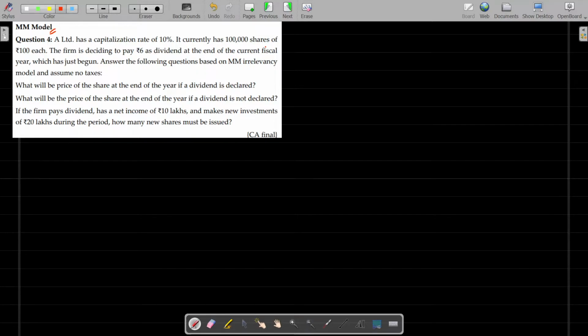What he says is dividend irrelevance. Whether you pay the dividend or you don't pay the dividend or partially pay the dividend, it may affect the share price, but it will not have the impact on overall value of the company. Share price will change, but overall value will not change. That is Modigliani Miller's base. To understand that base, he has given his own ideology.